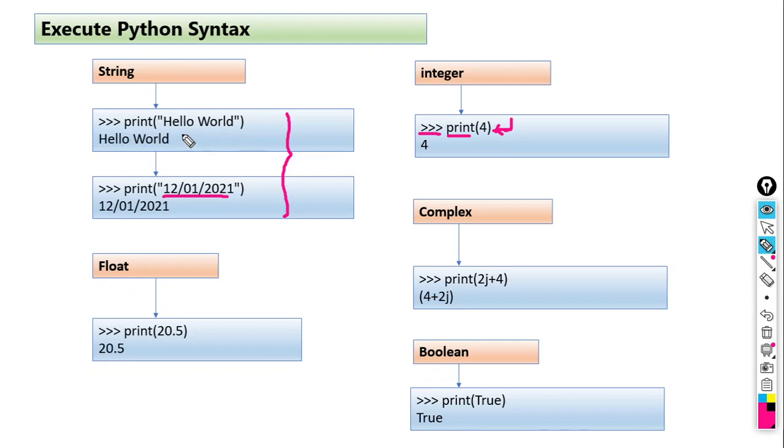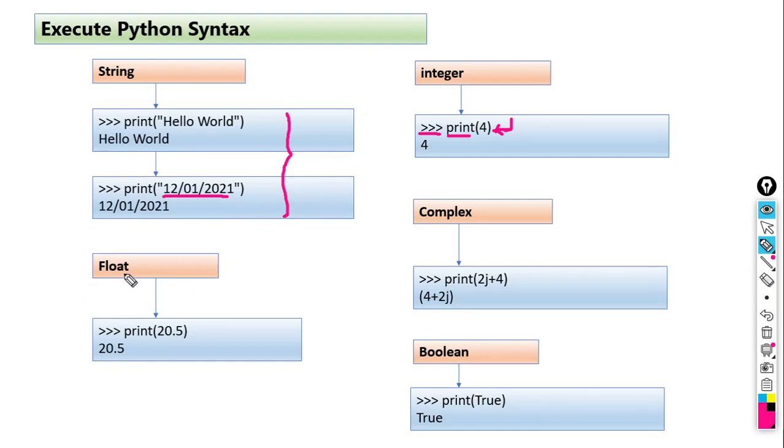Okay, look here, what is the difference between this and this? Here the quotation mark is not given. The quotation mark is only given for a string. And this is a numeral, this is an integer number, so there is no need for a quotation mark. You should write it as it is. So when we write print 4, it displays the data 4. If we want to print 500, how can we do it? Print within brackets 500, so it prints the value 500. Okay, so this is the string and this part is the integer, how we can print an integer value.